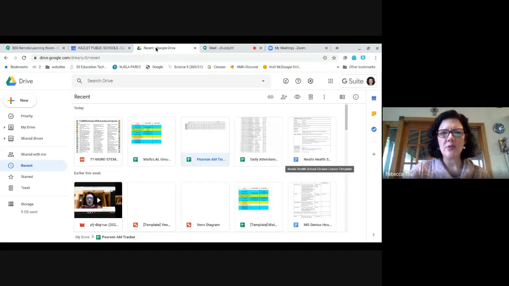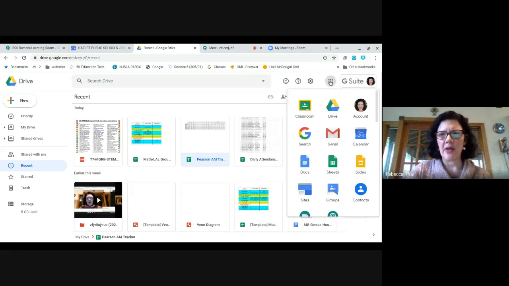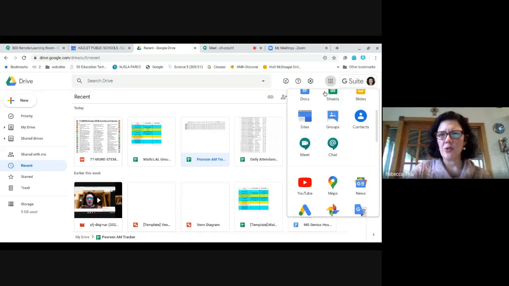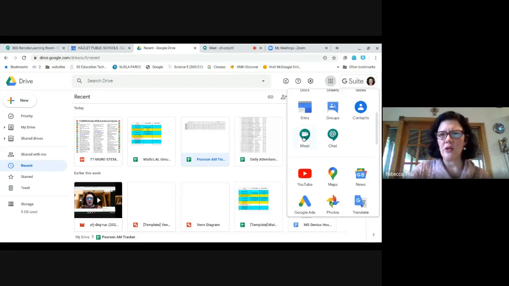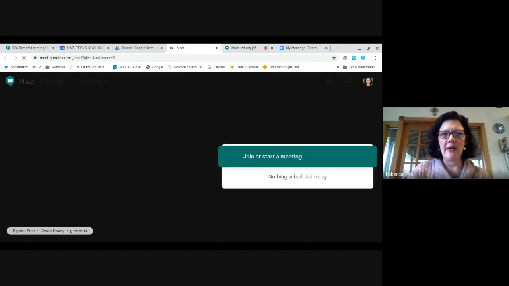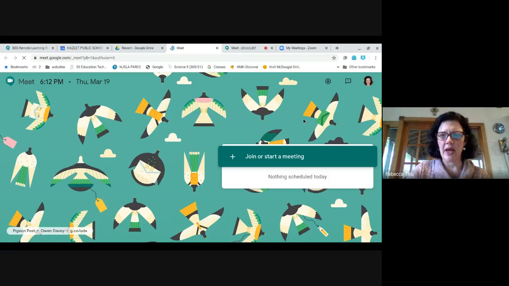Okay. So, I want to show you how to get to the Google Meet, and please bear with me because Google in general, obviously, because the sheer volume of people on this all at once now, is operating slowly, and that's understandable. Okay, so if you scroll down from your G Suite, you will see this little icon which says Meet, and you will click on that,